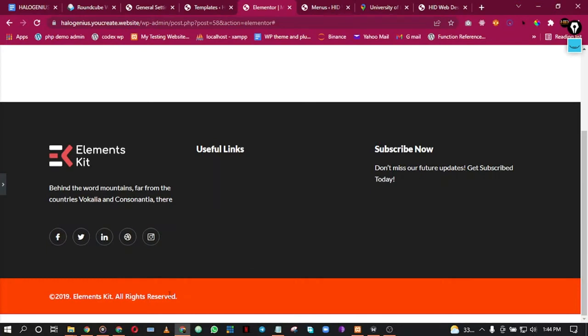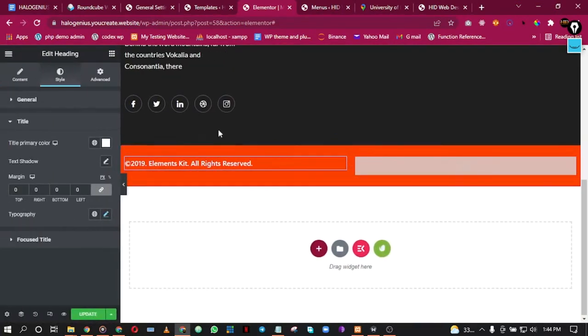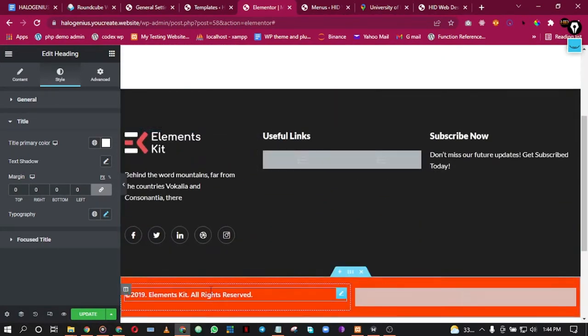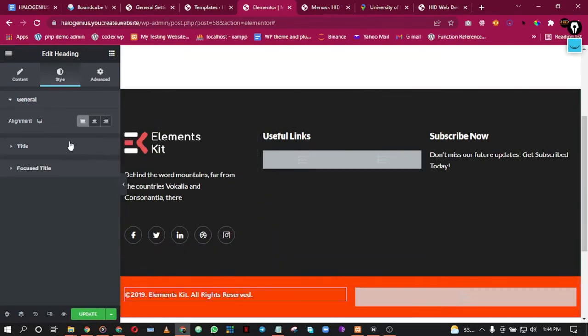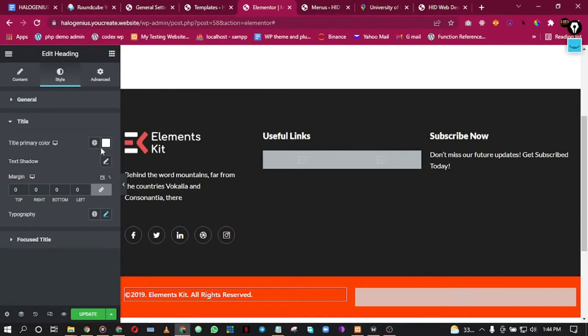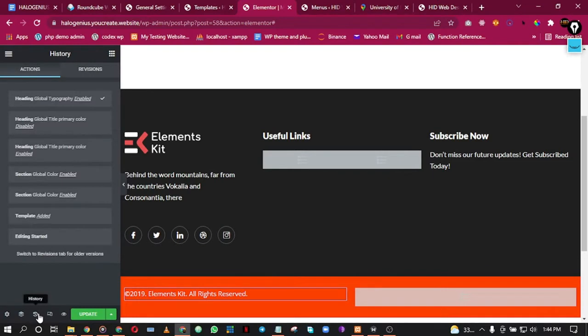I'm a fan of using orange color and black together, so you won't mind me. And what am I doing? Okay, so don't forget we have to edit the heading to make sure we are using the same font throughout, please. So title, primary color, and then the typography. I'm going to be using typography of text, but this is becoming smaller, so let me just